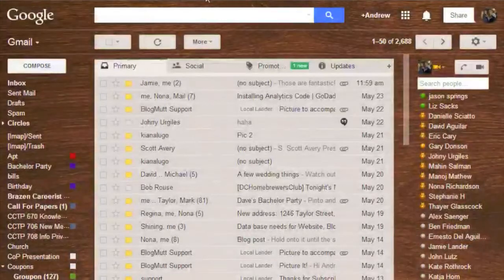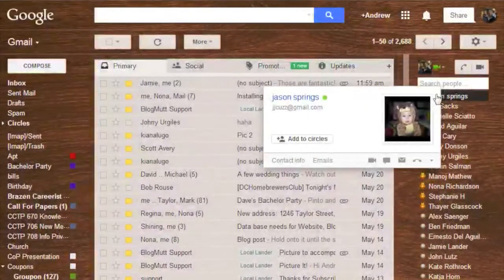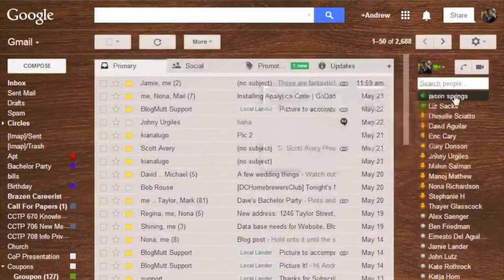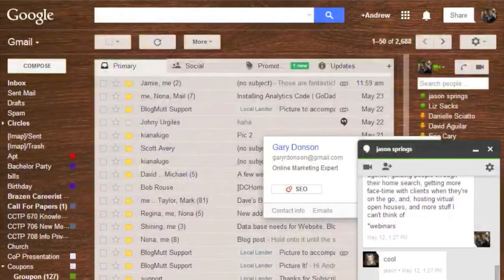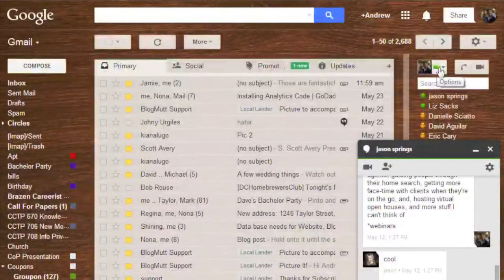so this is my personal email account right here, and I have all these people on the right-hand side, right? And this is basically Hangouts, where I could just click on my contact and talk to Jason Springs and let him know what's going on. It's just like AOL Instant Messenger or Yahoo or whatever. You'll see in this portion of my screen,